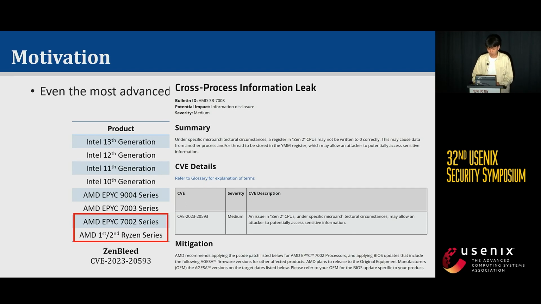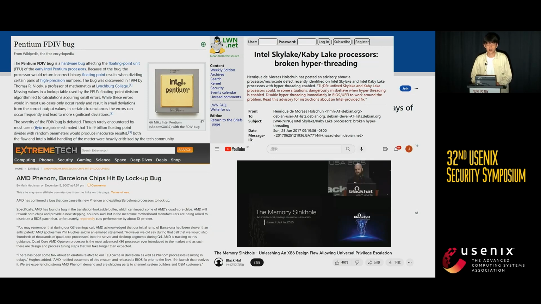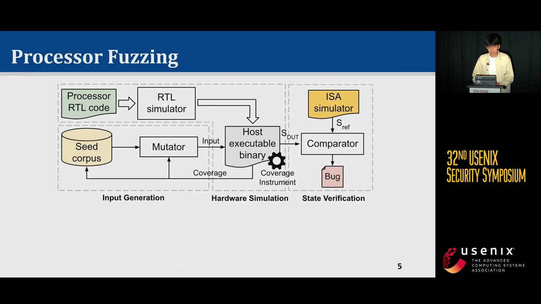These errata are bugs that are found after the chip is released, which means most of them have no plan to be fixed. They just live on your processor and strike at the moment they are triggered. They will give you incorrect results, unexpected behavior, freeze your system, or even cause security problems. To automatically find these unexpected corner cases, researchers take lessons from the software community and start to apply fuzzing to